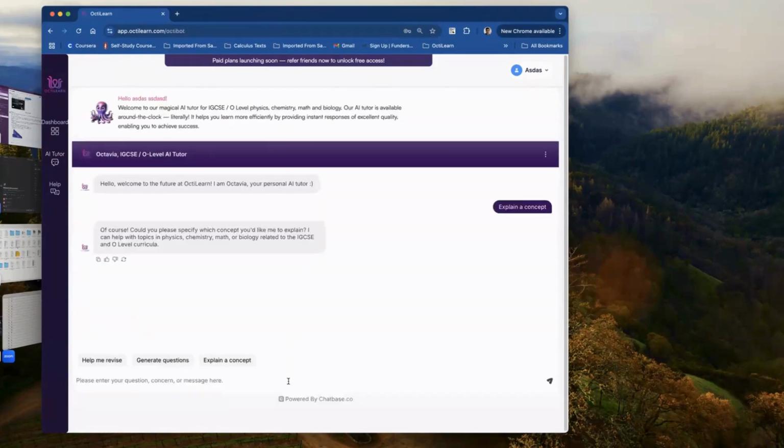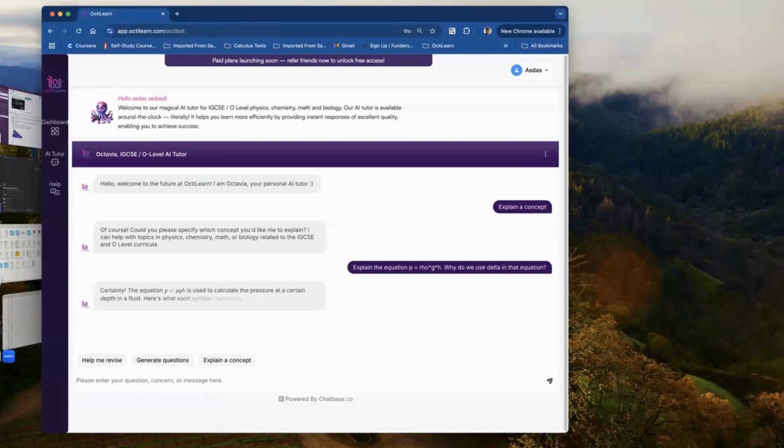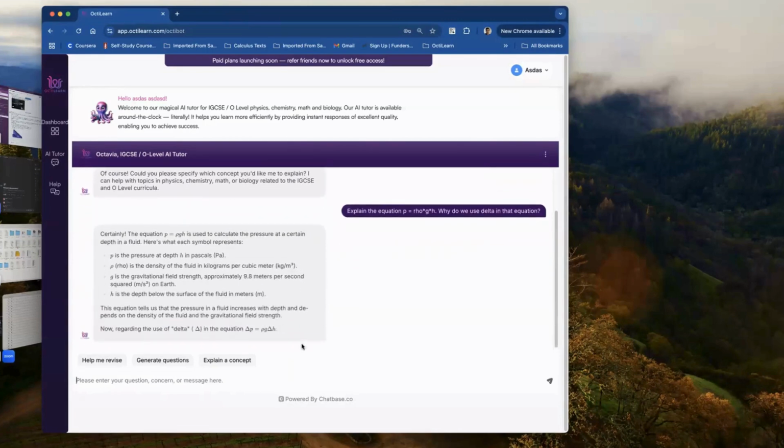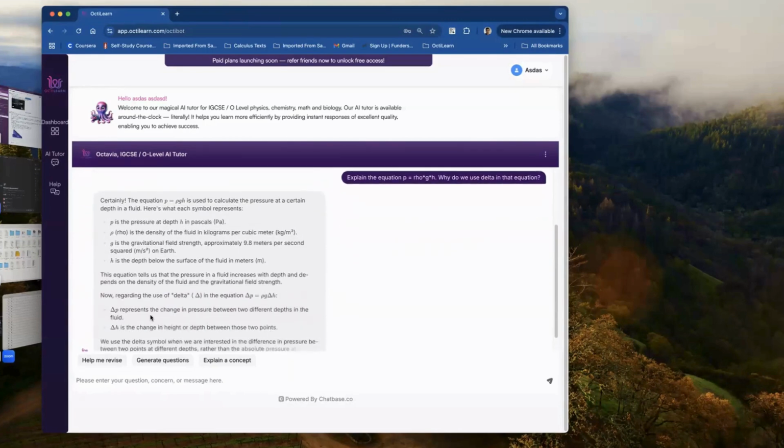With the AI tutor, for example, let's say I think Jonna had a question. We've trained the AI tutor according to the syllabus. So I'm just going to say, explain the equation P = rho g h. Why do we, for example, use delta in that equation? Yeah, there you go. Delta P